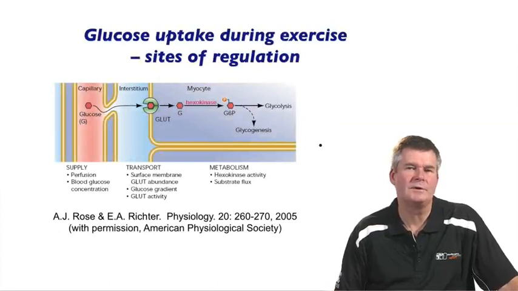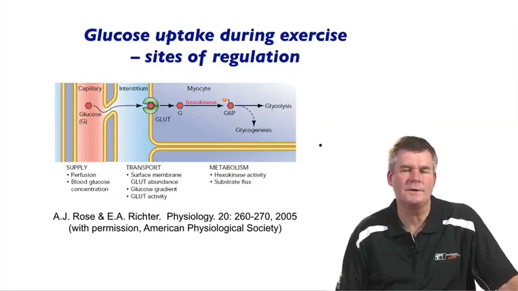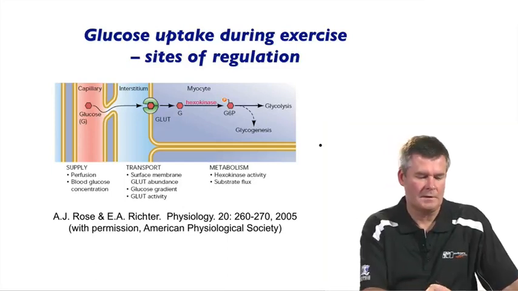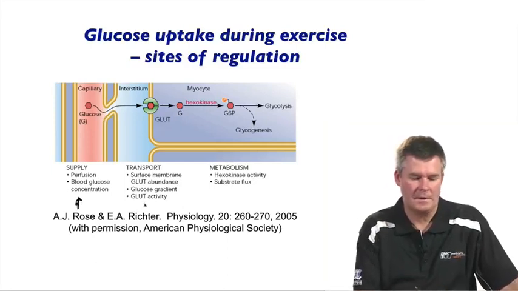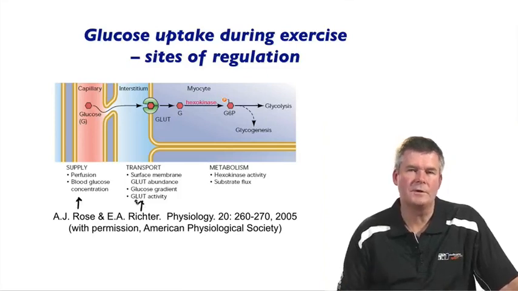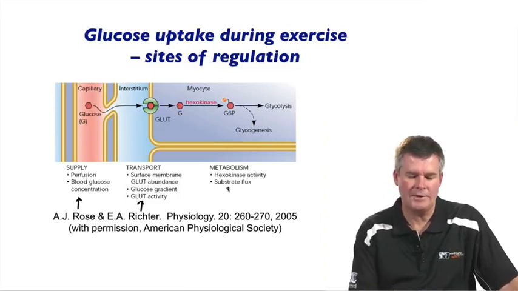In terms of the regulation of glucose uptake into muscle, we need to remember that this process occurs by facilitated diffusion. And what that means is that we need a gradient for glucose to move from outside the muscle to inside the muscle, and we need a special transport carrier molecule to help get glucose across the membrane. There are three main sites of regulation for muscle glucose uptake: the supply of glucose, the transport of glucose across the plasma membrane by a protein that we know as GLUT4, and the intracellular metabolism